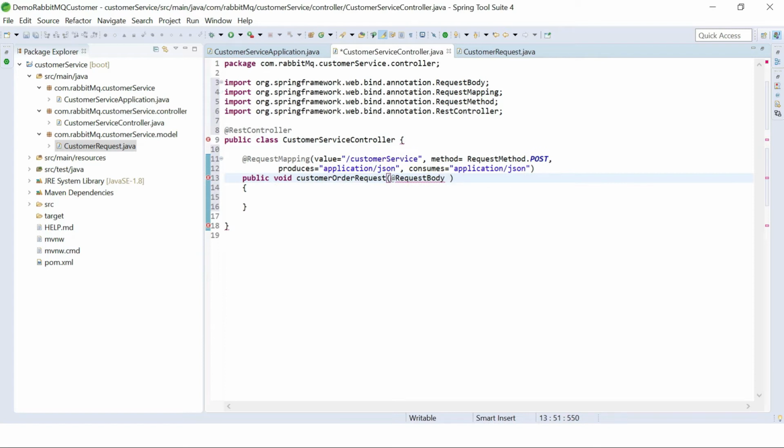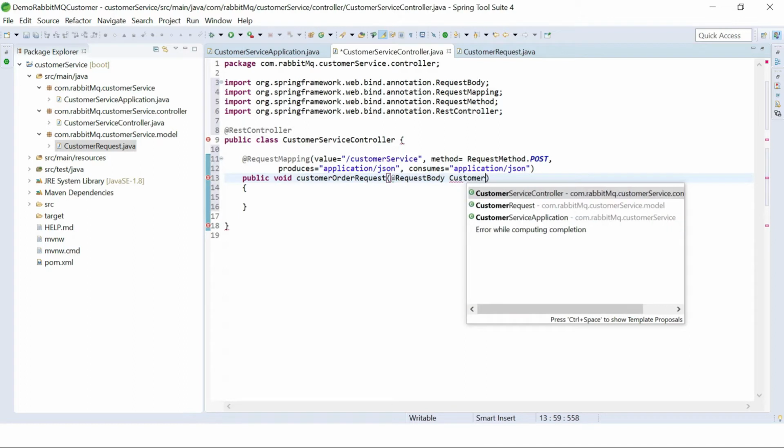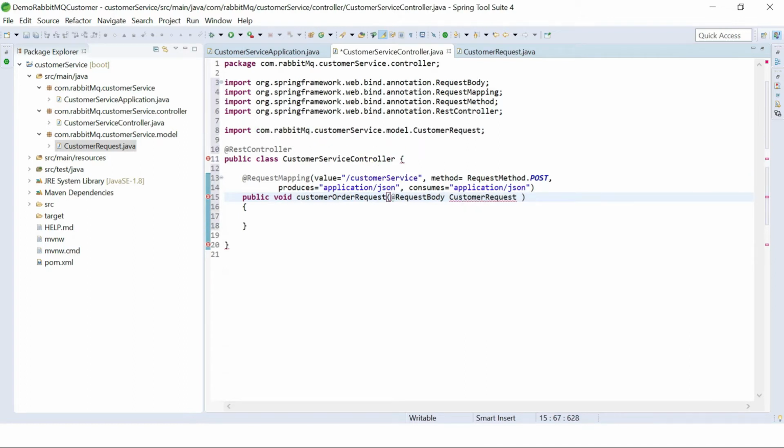So request body, as we have already created the Pojo class. Okay, this is our request body. So we are done with our controller part.